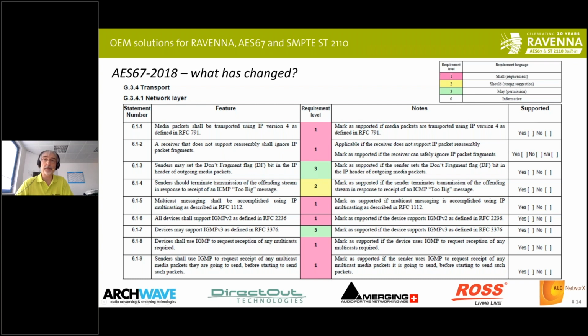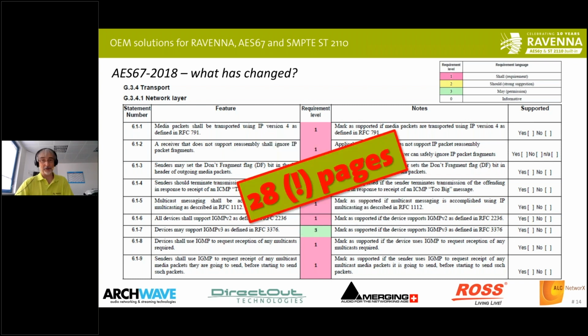Then we have should, which is a strong suggestion, and we have may features, so implementations may support something. And then we also have some just informative lines in the standard. So this is the color coding, which is important for the compliance specifications. And finally, the implementers can check yes, no, or doesn't apply in particular cases. Now this PICS document is a normative addendum to the AES67 2018 standard, and it covers 28 pages of Excel lines. Since this is quite a lot of work, and also even more work to read and understand what is written in there, or how the compliance of a particular implementation actually